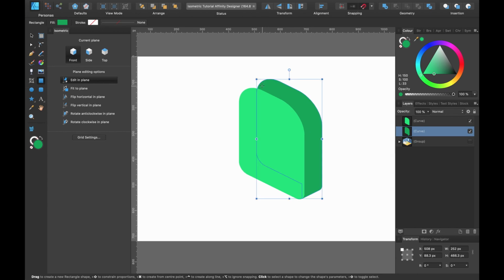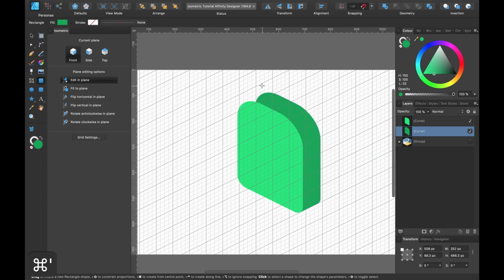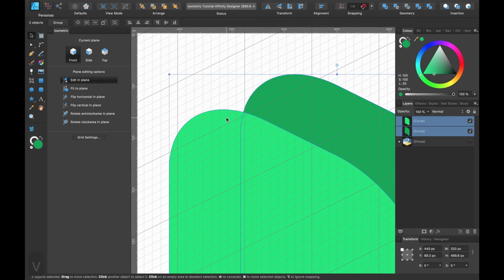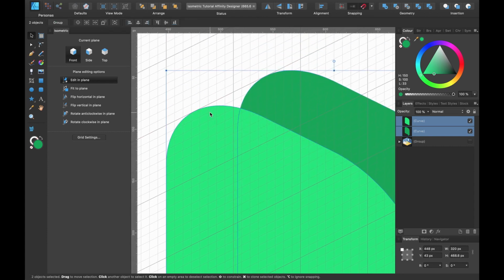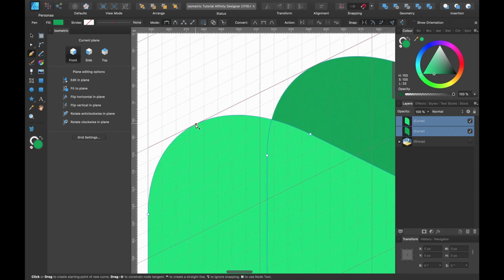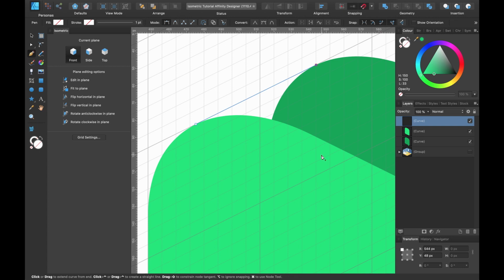Okay, we've got to do the same for up here. I'll just activate the grid again. And once again, I'll just press the move tool, V, and I'll select both of them and I'll line it up to the grid again. Using the grid is super useful. So this time I'm going to use the pen tool just to fill this gap here. So pen tool, I'm going to click on that, or shortcut is P. I'm going to find the outermost edge here, which is probably about here. I'm going to click, I'm going to go to the next one, I'm going to click there, and I'm just going to click anywhere down here just to complete the shape.